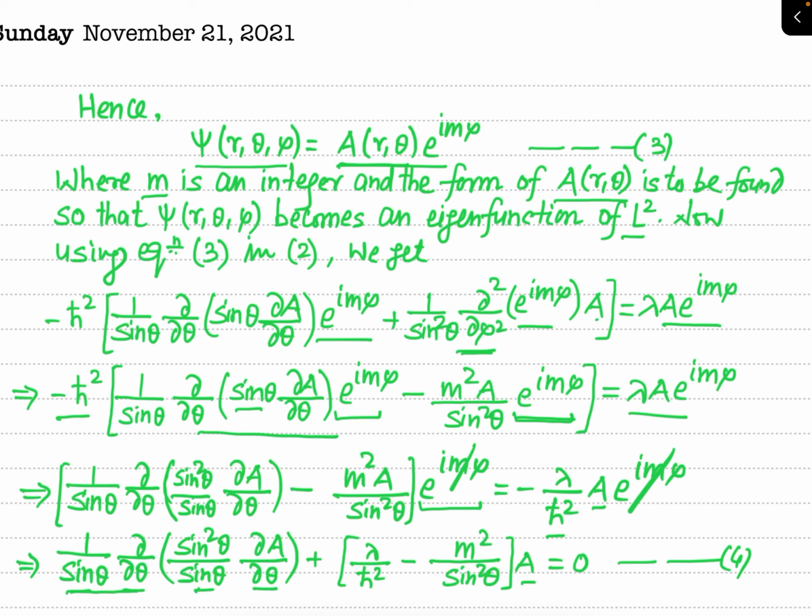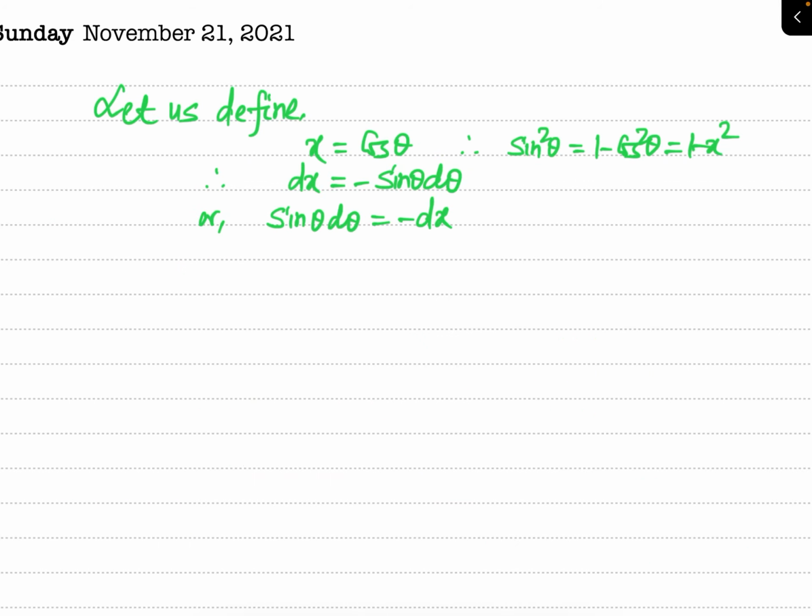So outside there is minus del x and inside the bracket there is again minus del x. So that minus minus will now become plus. So you can omit the minus sign and this sine square theta will be replaced by 1 minus x square. So making these substitutions in equation 4, you can write